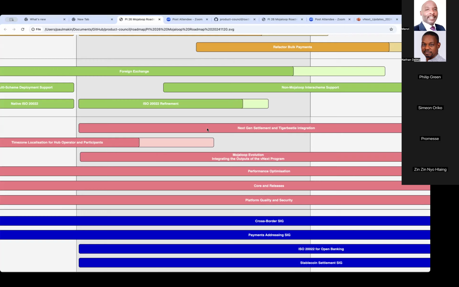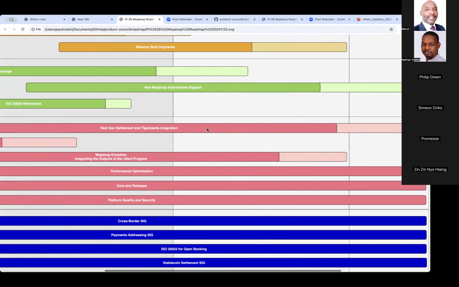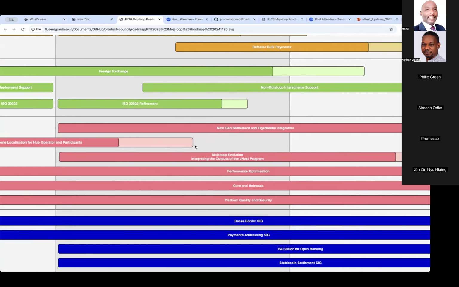But also, Michael Richards and James and the TigerBeetle team are also talking about settlement being integrated into the TigerBeetle implementation, which will take some of the load off the hub, but it will require significant re-engineering in how settlements are managed at the hub. So that's exciting and a great opportunity, but a lot of work there, and this is not expected to happen until probably the end of the next PI, frankly. So PI 27 rather than this current PI.